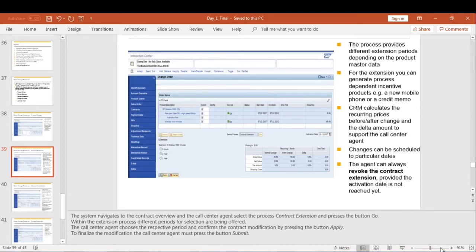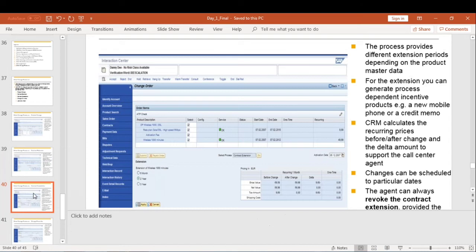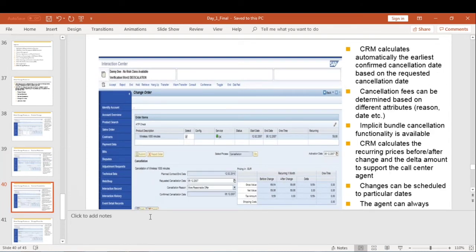I will zoom my screen. If we go to the contract extension, here we can see extension of wireless, some 1000 minutes. Is it 3 years or 2 years, 6 months? We can even define a 1 month extension. So these things we can do in the extension process.